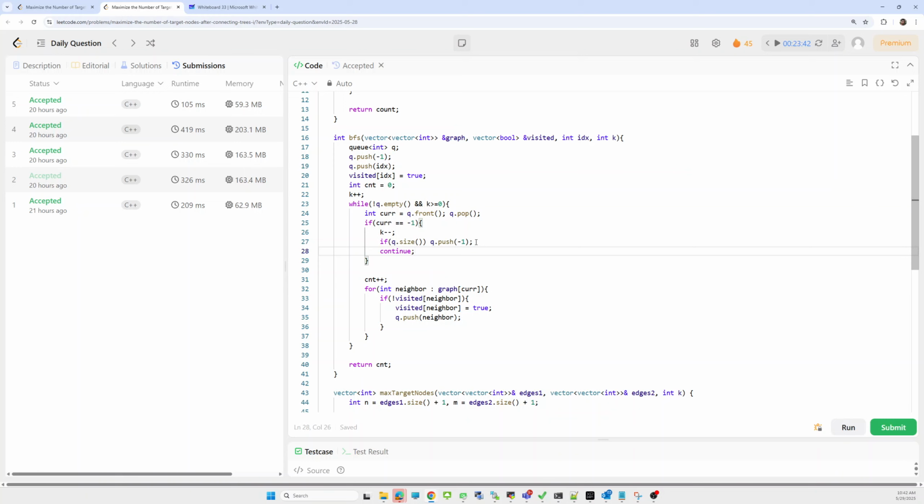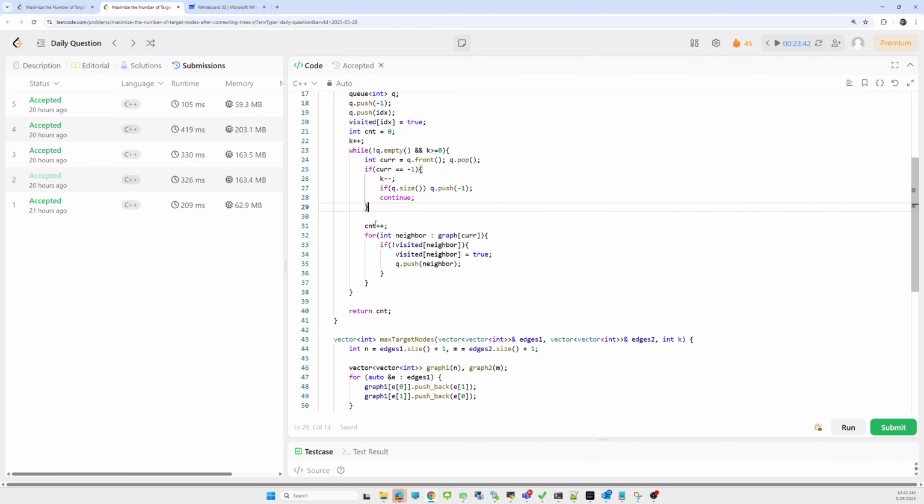There is one condition: only if there is any element pending in the queue will we add -1 to it. Else we'll increase the count for the current node and call for all its children, all neighbors, pushing all the neighbors into it. And in the end we'll return count.